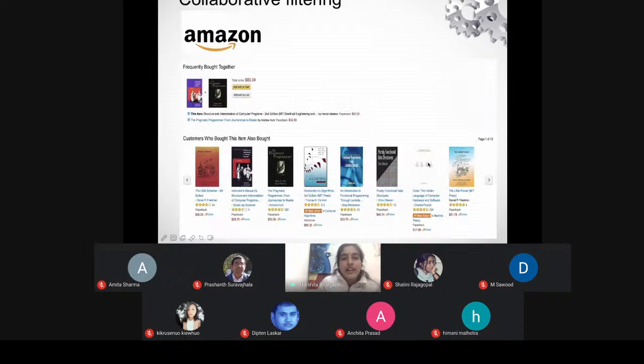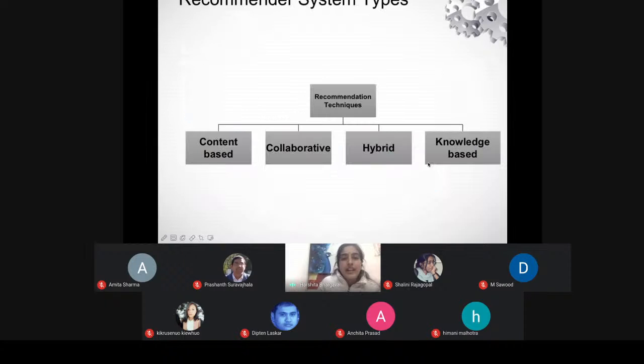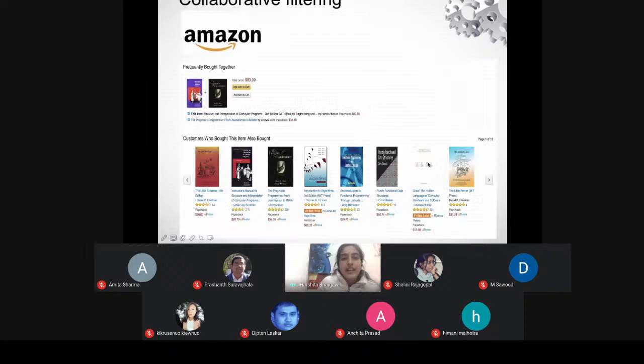Okay, so I will come one by one to each of these techniques because otherwise the text will not make sense to you. But we'll start with collaborative filtering, because this is the most popularly employed algorithm, and it has been employed in most of the e-commerce websites. If we talk about Amazon, in Amazon you can see this kind of text there frequently: bought together.